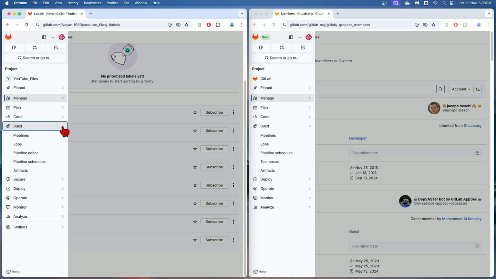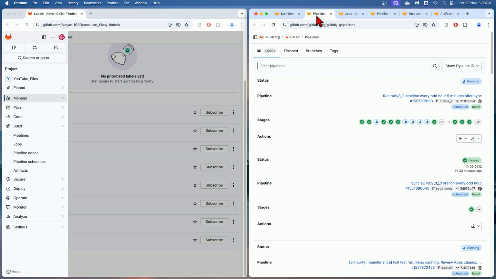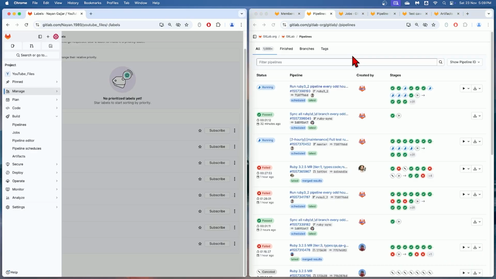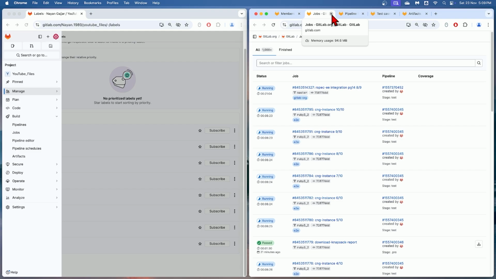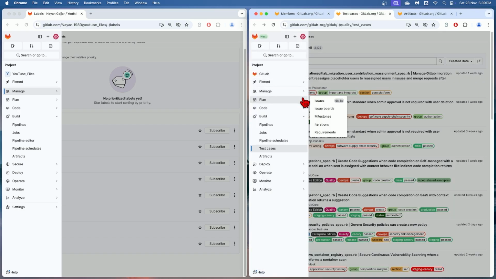Next, we have the build section, which is primarily used for CI/CD management. Here, pipelines shows the status of the CI/CD pipeline, which is a collection of jobs. Jobs displays the status of specific tasks. Pipeline schedule displays the schedule of different pipelines. Pipeline editor, which is not available in this right window but is available in this left window, is a